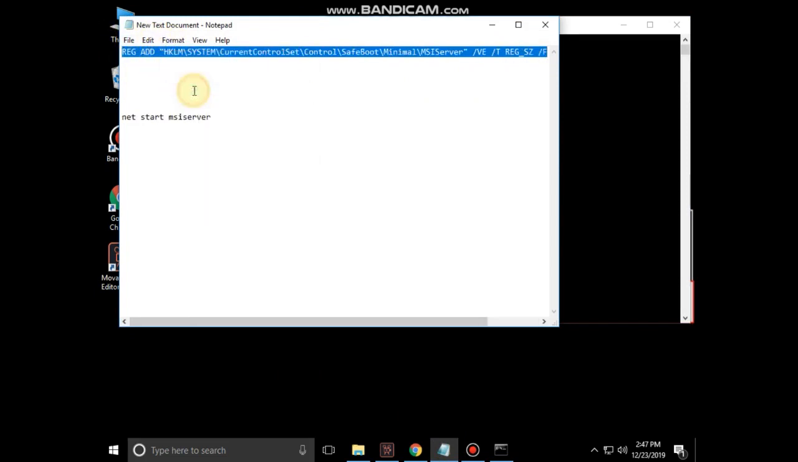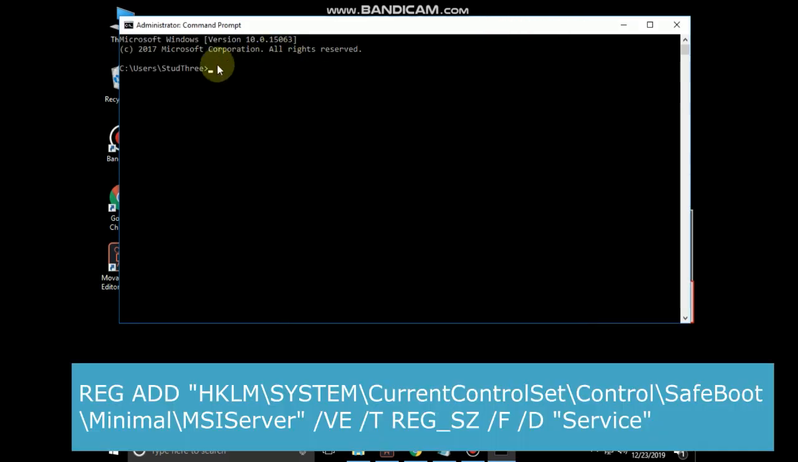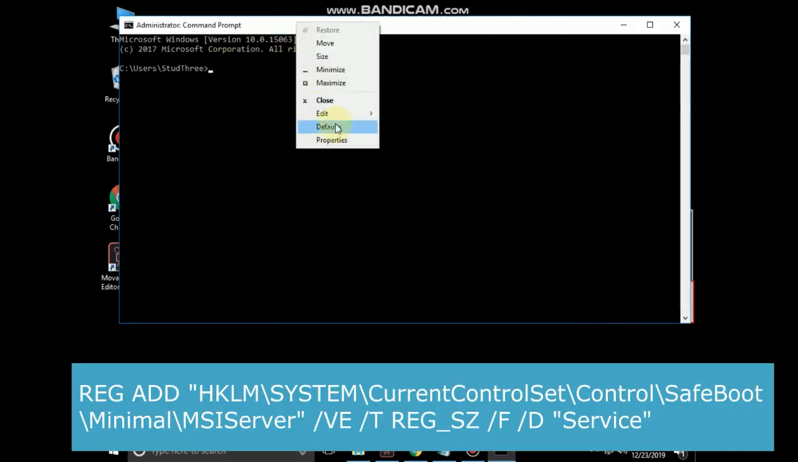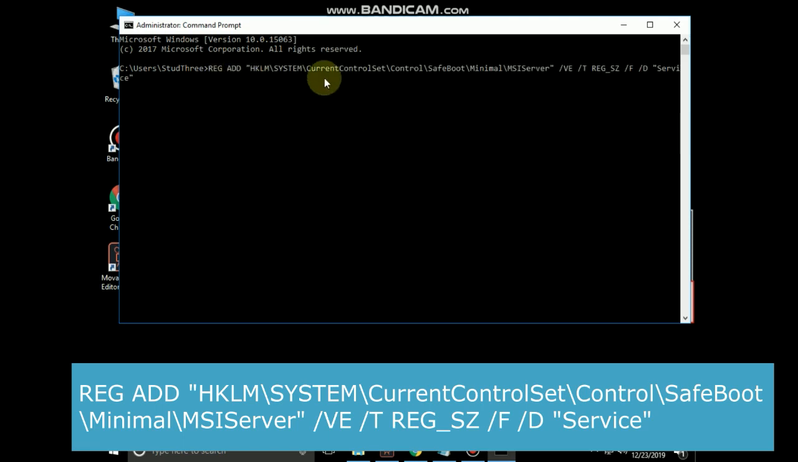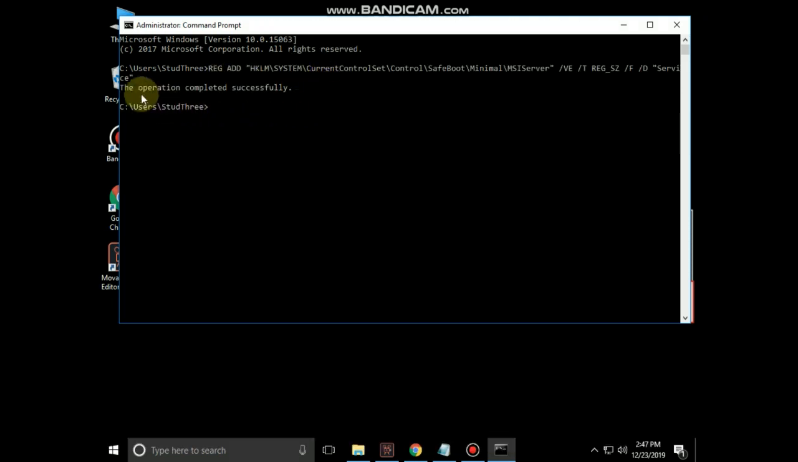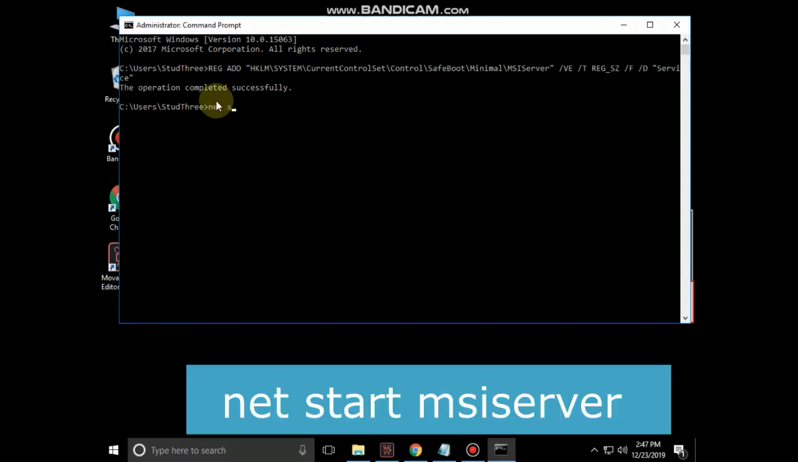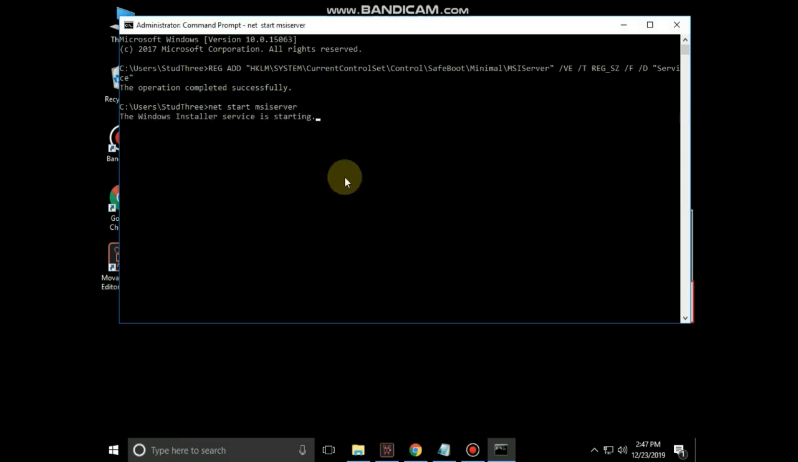You have to just copy that command, then right click here and select edit and then click on paste, then hit enter. After that, type net start MSI server, then hit enter,